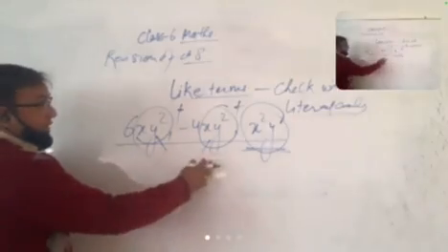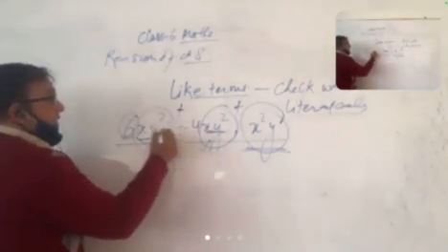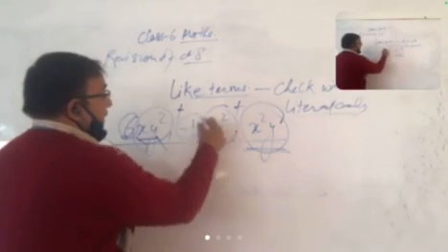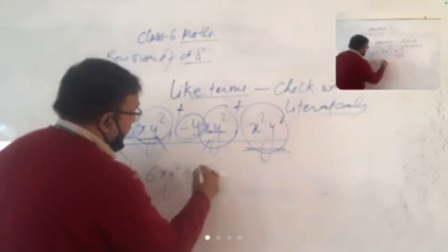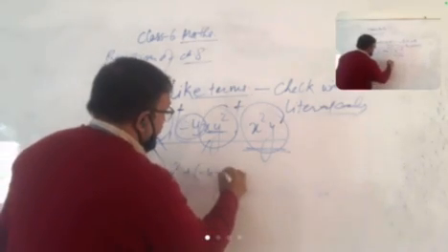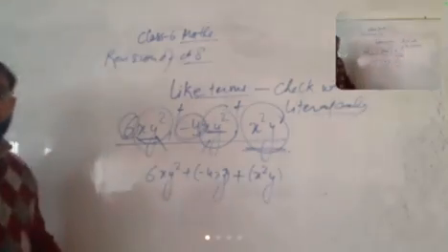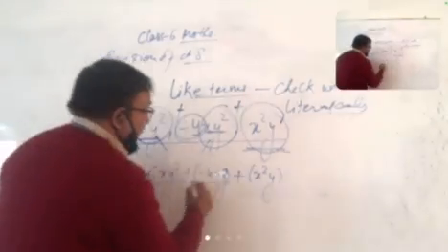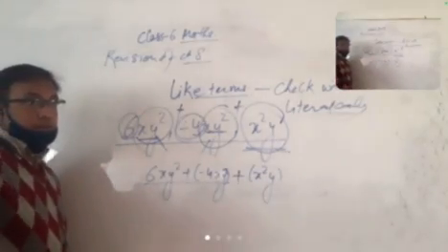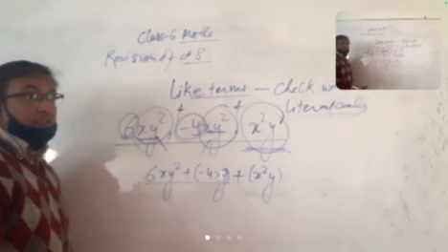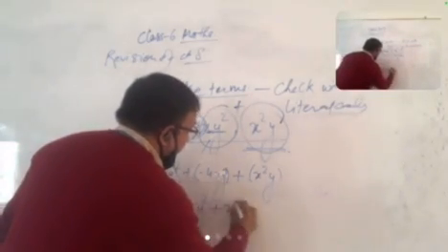So how do we add this? Because this is a like term now. This is 6xy square. The number is 6, and here this is minus 4. So first we have to write like this, and then add this because this is the like term. 6 minus 4 is what? 6 minus 4. कहाँ ध्यान रहता है? 2xy square, and this is plus x square y.